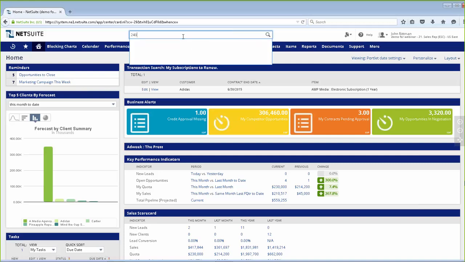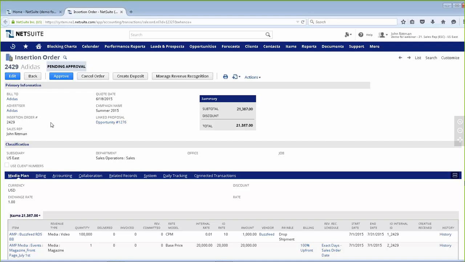So in the global search, we're able to start typing in any numbers, and right away it's going to start looking for any numbers that sort of match this. I can also use this to look up a customer name. So really intuitive ways to help get into any data. Not a lot of clicking, it's going to bring me right to where I need to go. I can also use this tool to look up any reports that I need to have access to.